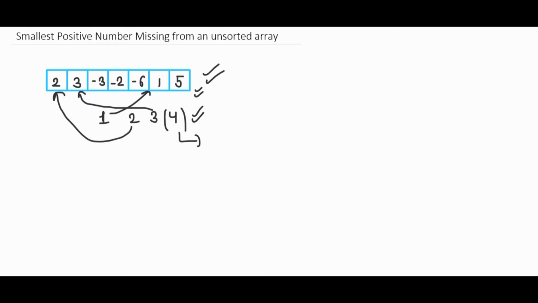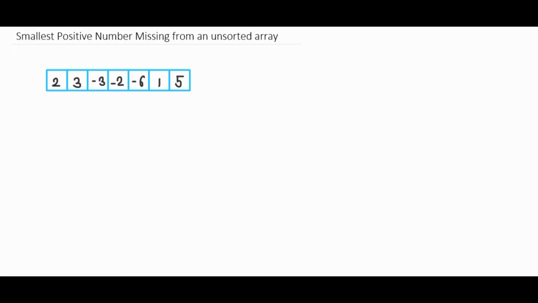Now let's move to the approaches for how we can solve this question. The first approach that we are going to follow is the brute force approach, which means we will have this array and we will start from 1 and traverse this array again and again to find whether this element is present in this array or not. That means we will start from the 0th index, go till the second last index, and see that 1 is present here. Then we will go to the next element, which is 2, and see if 2 is present there or not.